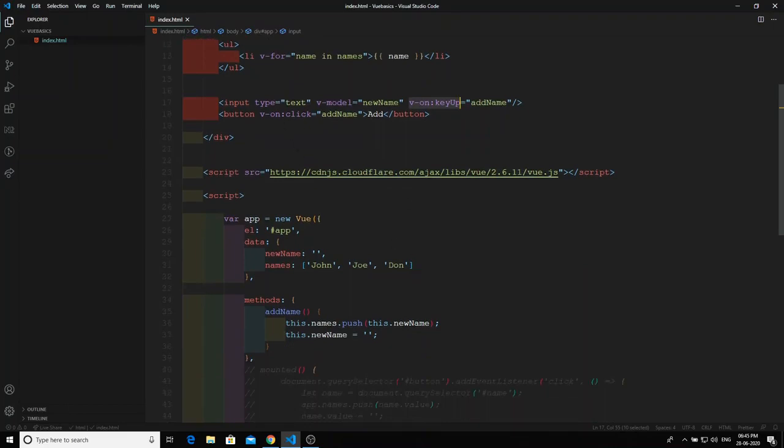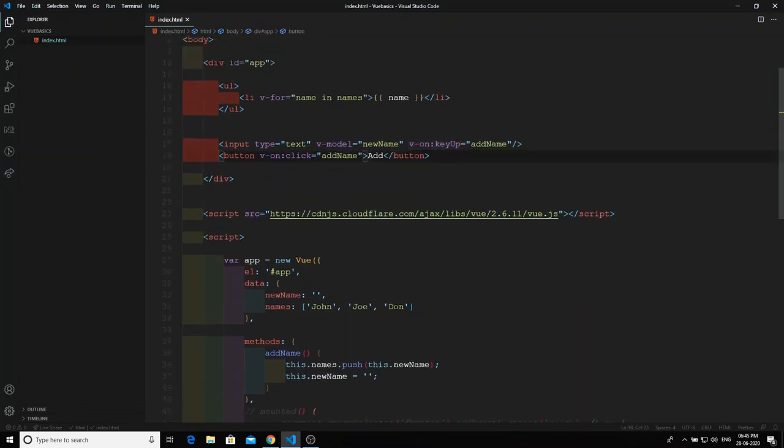In Vue we have a short notation for registering event listeners. We can remove all this v-on colon and simply replace it with the @. For the time being I am removing the keyup. We can remove v-on and replace it with @click. This is the shorthand notation for registering an event listener in Vue.